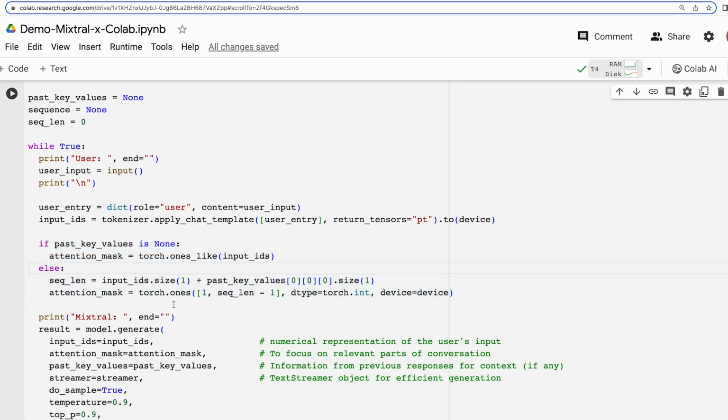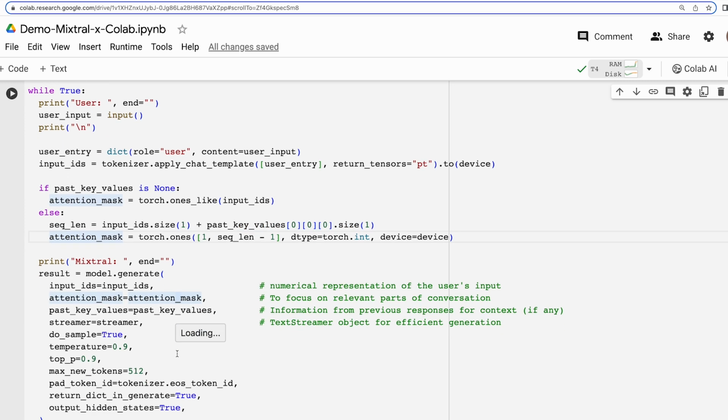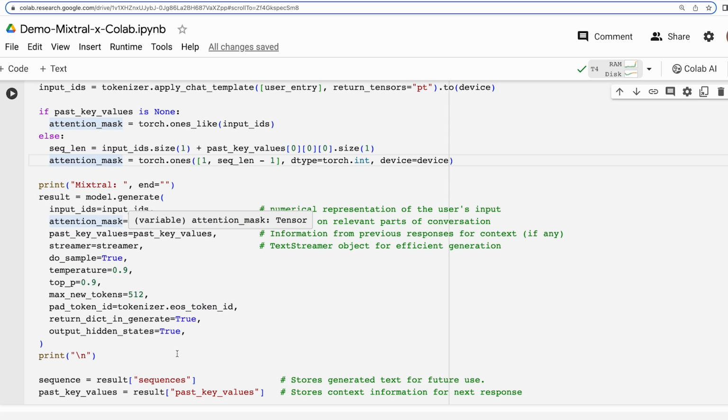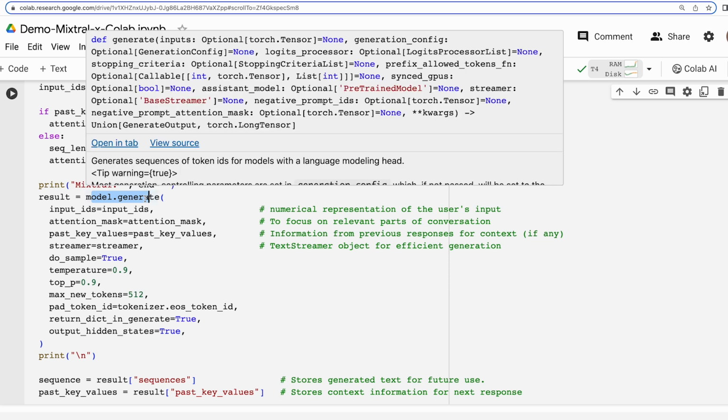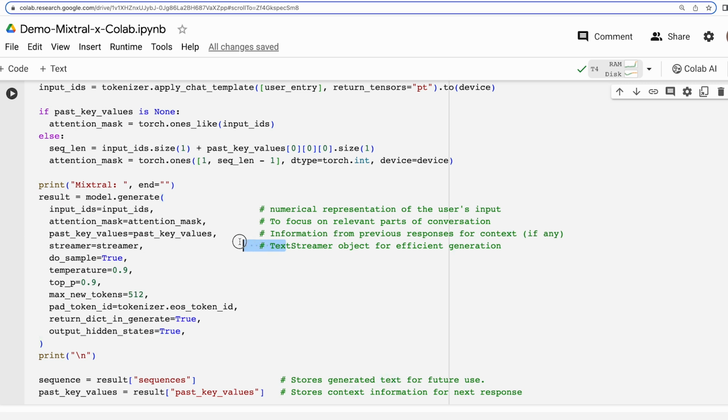If so, it creates an attention mask that gives equal importance to all words. Else, if it's not the first part of the conversation, then it creates an attention mask that focuses on both the input and recent conversation history. Finally comes generation of response from Mixtral, which is happening through this model.generate, which calls the model's generate function with various parameters. Here I have also given a bit of explanation of all of these parameters, what they are and